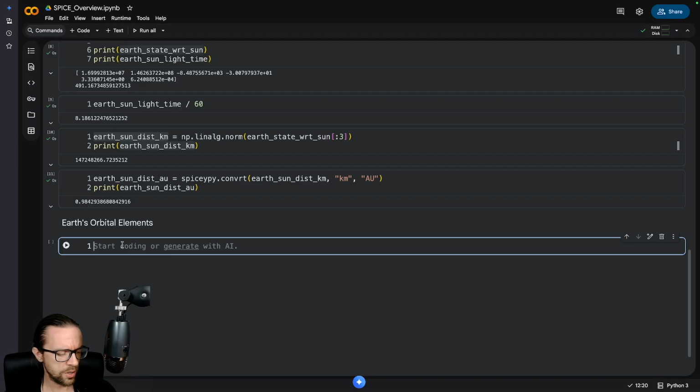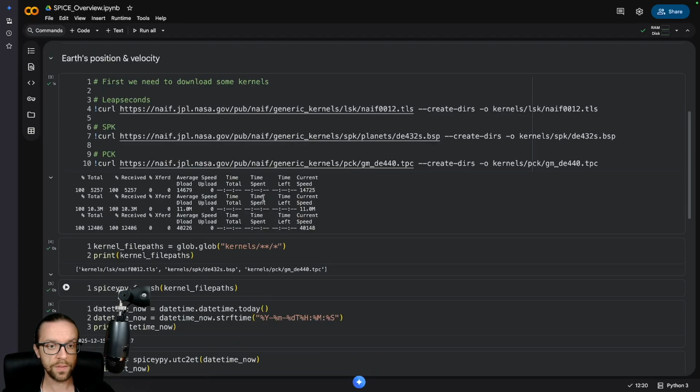good to understand. Now, to determine the orbital elements of the Earth, we need first of all the gravitational parameter of the Sun. Of course, we can take also the SSB, but let's keep it simple with the Sun. And for this, we use the SpiceyPy function bodvrd. SpiceyPy.bodvrd enables us to extract parameters from different objects, and these parameters are stored in this spice function